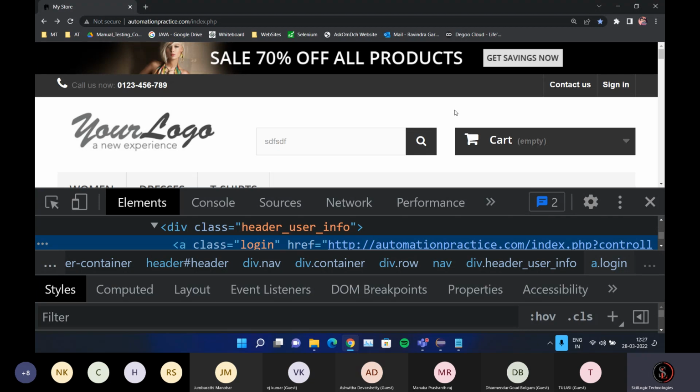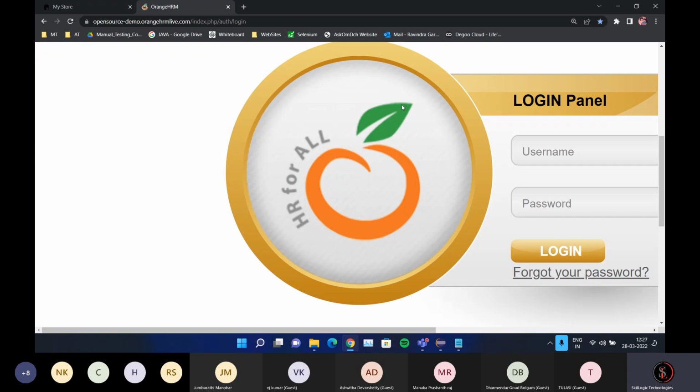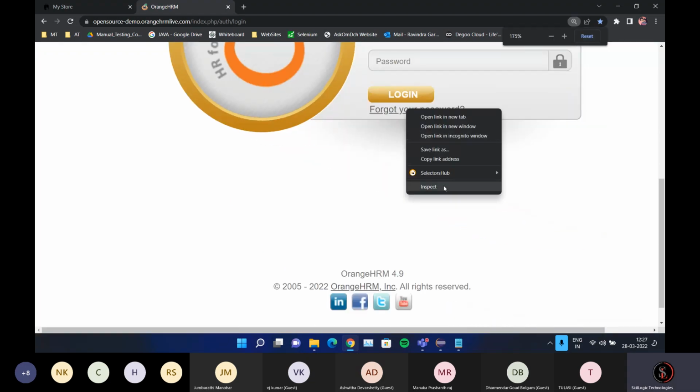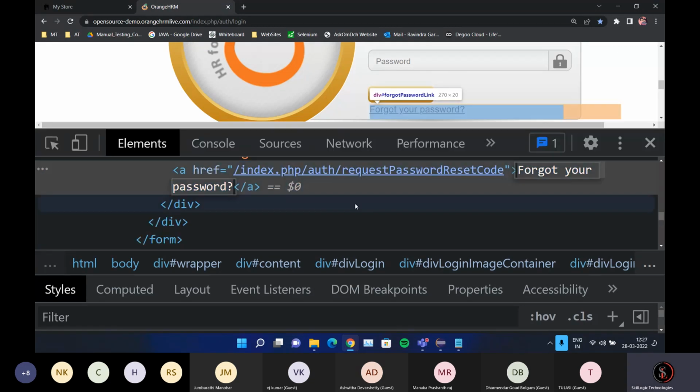Complete text you don't want to give it, only give the sample text. So let us see another example where I can show you that. Forgot your password kind of. If you see forgot your password, just inspect this. I think this is a link, where I don't want to give the complete link text, where I want to give a small link text,